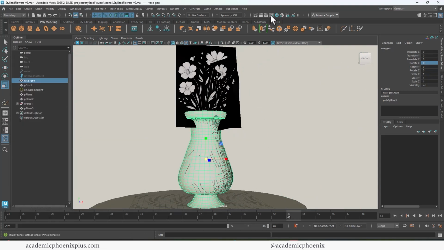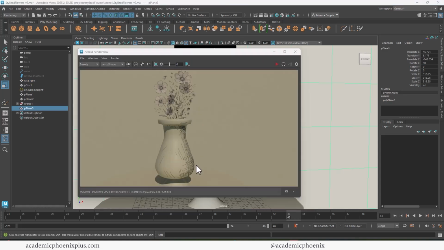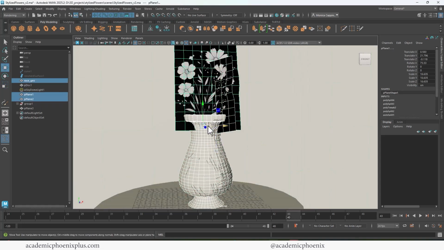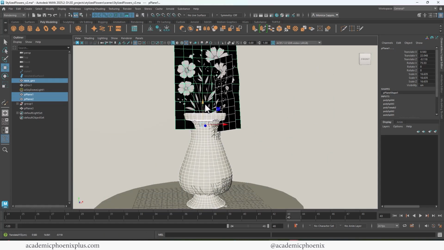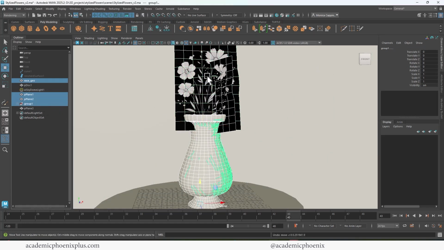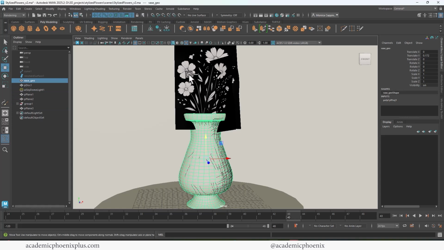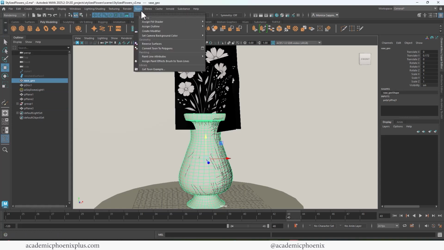Now what's missing is the nice little outlines around the edges. I'm going to bring this up just a little bit so that we can actually see a little bit of the, don't forget the strokes there, and just lift it up a little bit together so that I can see a little bit more of the bottom. Okay. And the reason why I'm doing that is because I'm going to select this mesh, and if you guys go down to rendering, we're going to go to toon, and there is an assign outline,